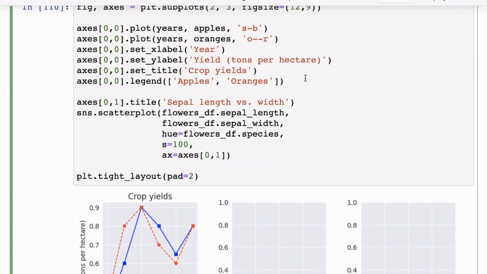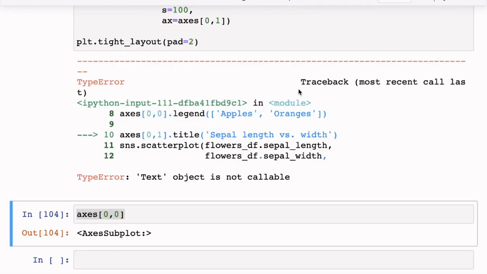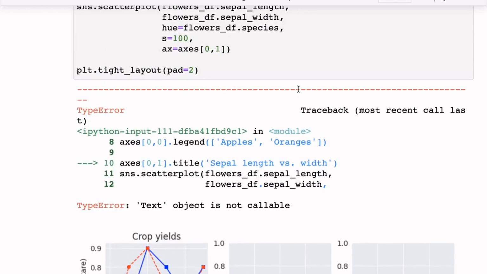When you're using matplotlib, you can directly call functions on the axis, but when you want to use Seaborn, you simply pass the axis into the Seaborn scatter plot or whatever function you're using. Okay, so let's run that too. Oops, it seems